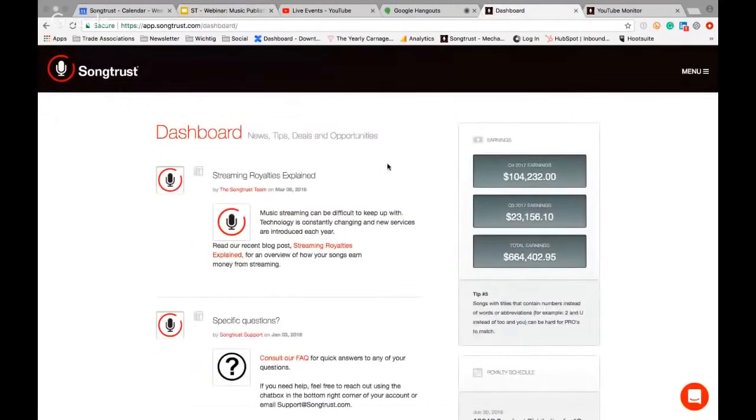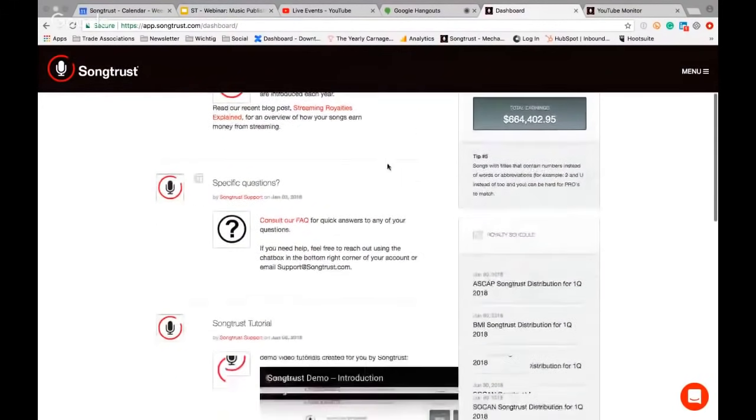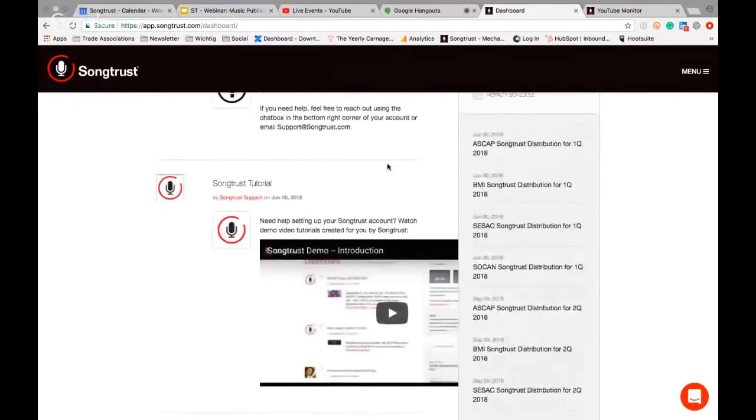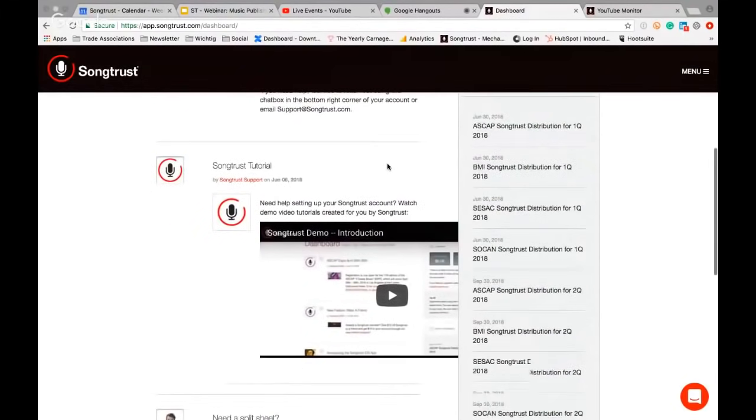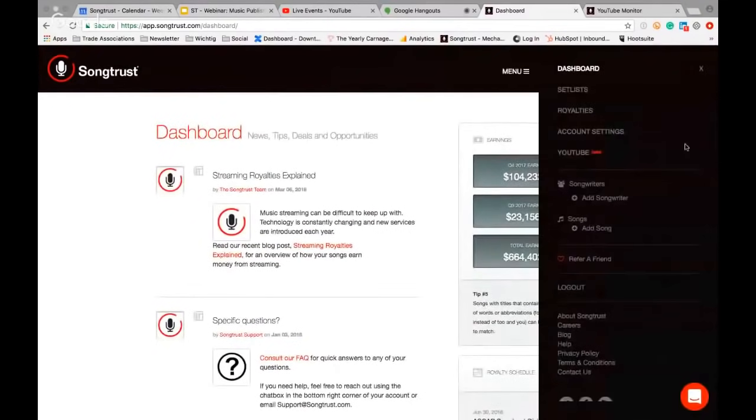So the first thing that you see when you go into the Songtrust platform is going to be our dashboard. It kind of houses your last 2 royalty quarters, as well as your total earnings and some additional resources and distributions from the different societies are available for you to see. And you're able to go in and you can add as many writers to your account as you'd like. So if you're a publisher that represents multiple writers, you can add all of them onto the single account. If it's just you representing yourself, you can create the account just for the one writer,